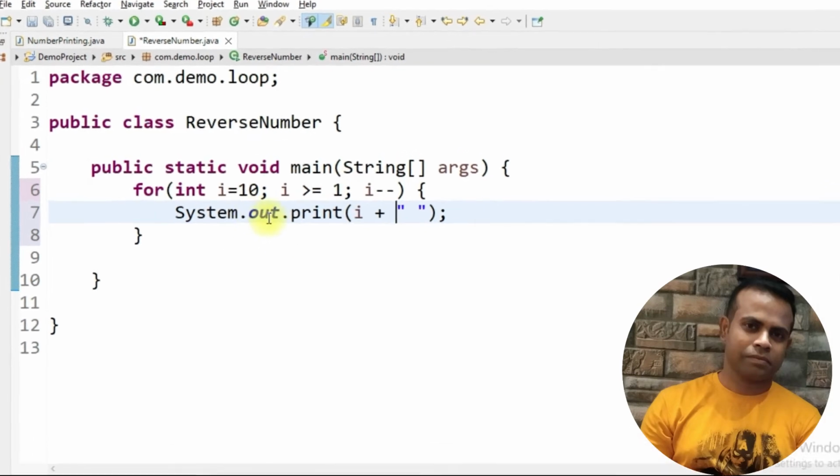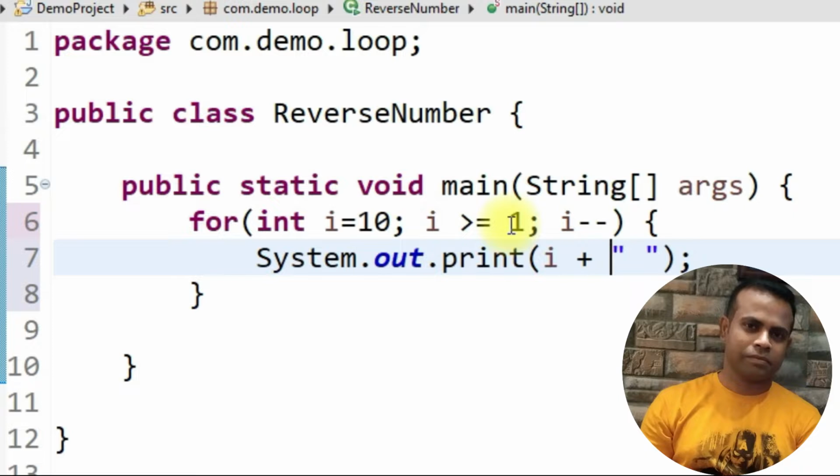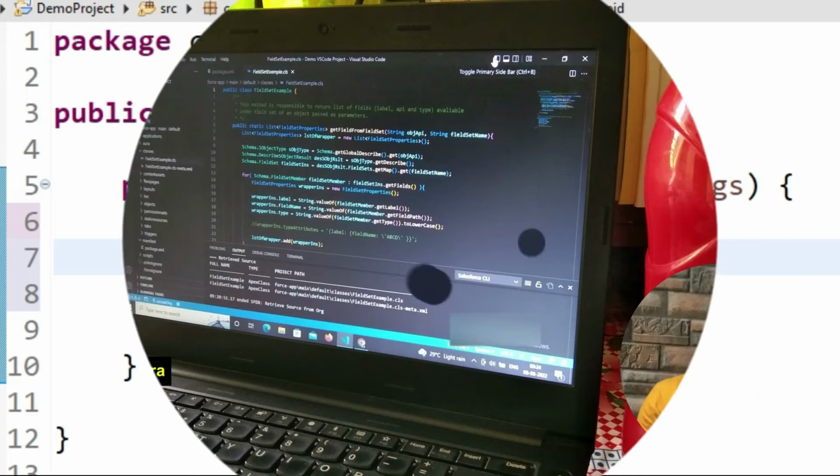If you check this, first it will print i is equal to 10. Is 10 greater than or equal to 1? Yes. So that means it will print 10 and a space. Then i minus minus, that means 10 minus 1 is equal to 9. Then it will iterate a second time. Now my i,